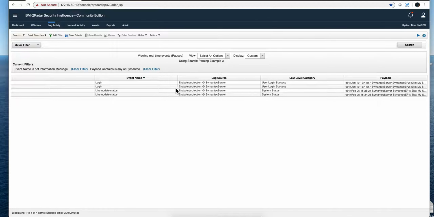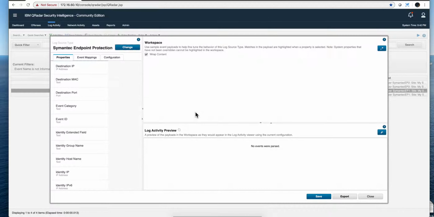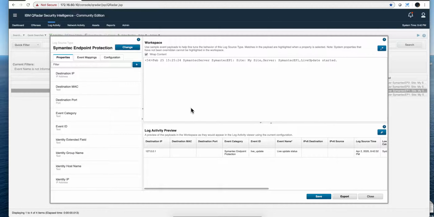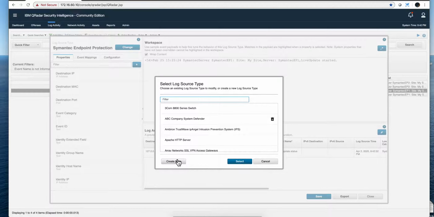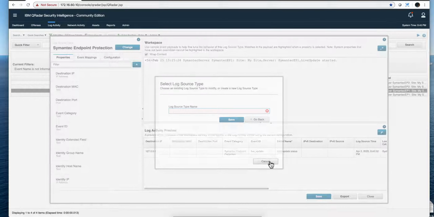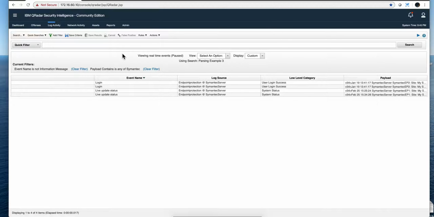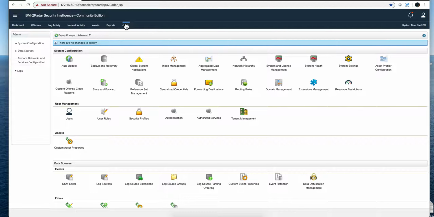So let's actually invoke the DSM editor from here, and we're going to create a new log source type. We're going to call it Symantec Gateway. What am I thinking, actually? Forgive me. This is nothing to do with the DSM editor. Actually, we're going to create a new log source. So let me go to the